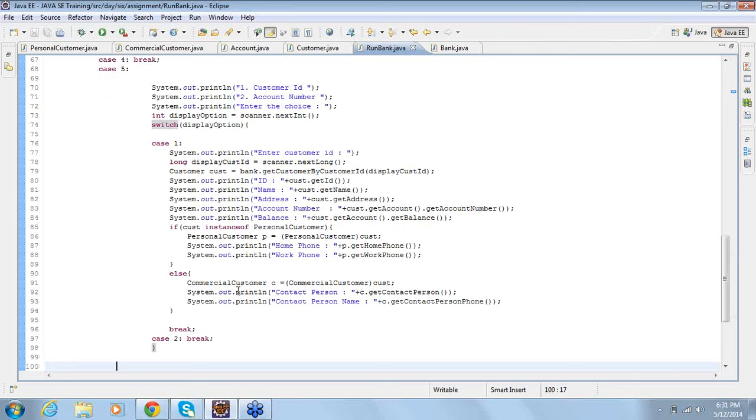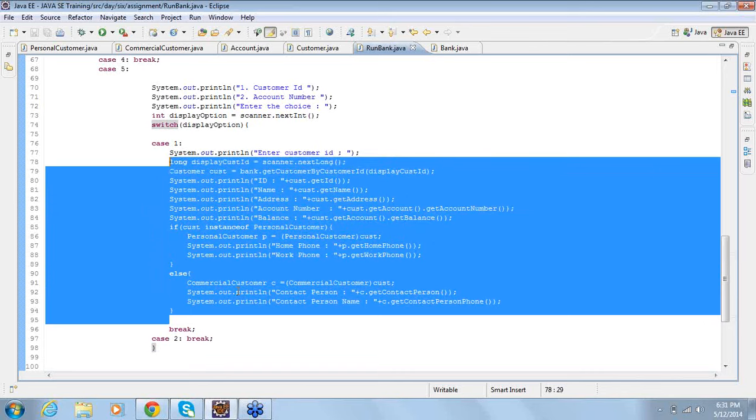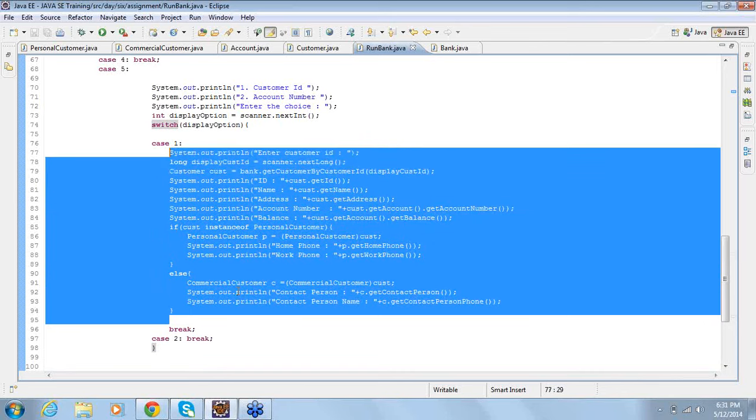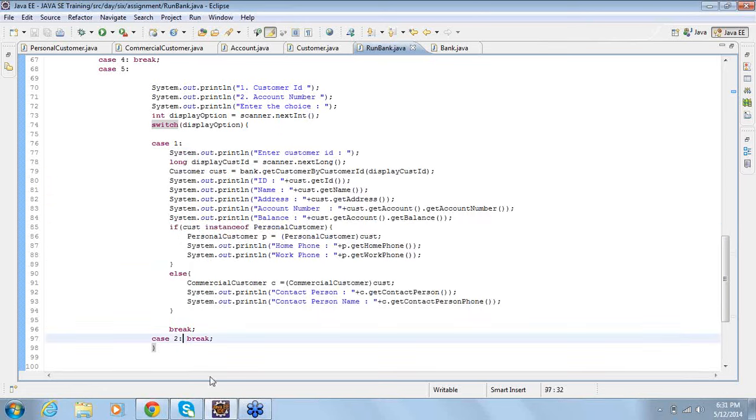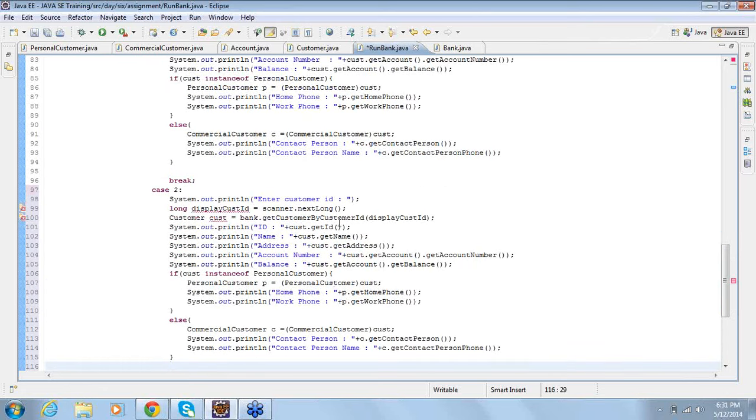And similar kind of stuff you can apply for the second case, that is search by account number. So you can ask here, instead of customer ID, give the account number.